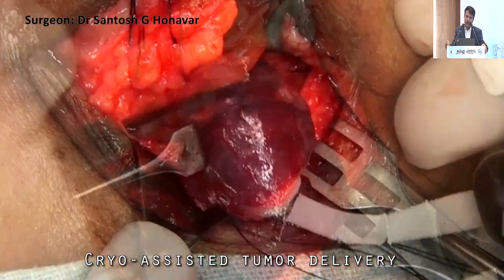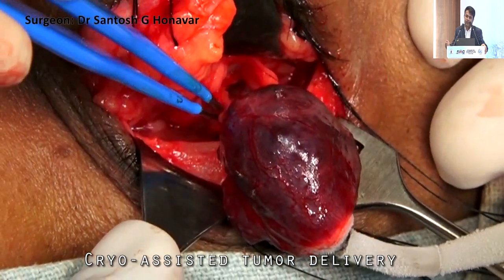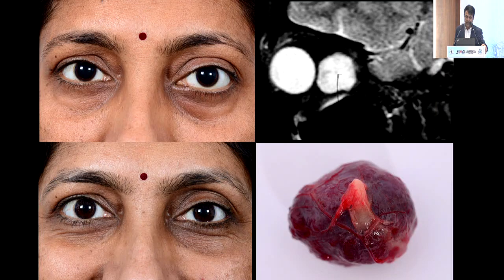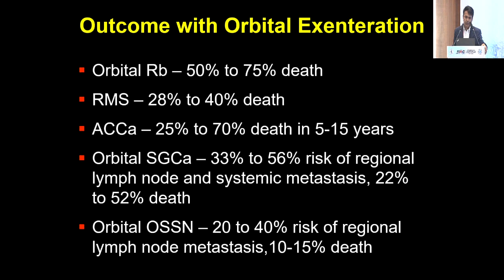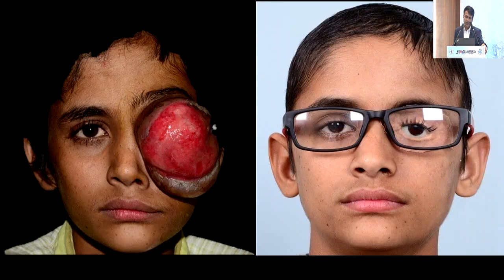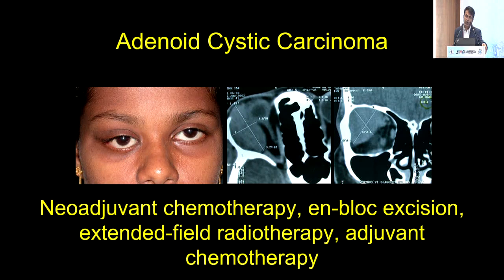And as it comes out, look for the posterior vascular pedicle, which you're supposed to cauterize, and closure becomes very easy. I'll skip all this, just a bit about multimodal treatment. Multimodal treatment is a combination of surgery, radiation, and chemotherapy, which you are supposed to use in a given situation such as rhabdomyosarcoma or adenoid cystic carcinoma.